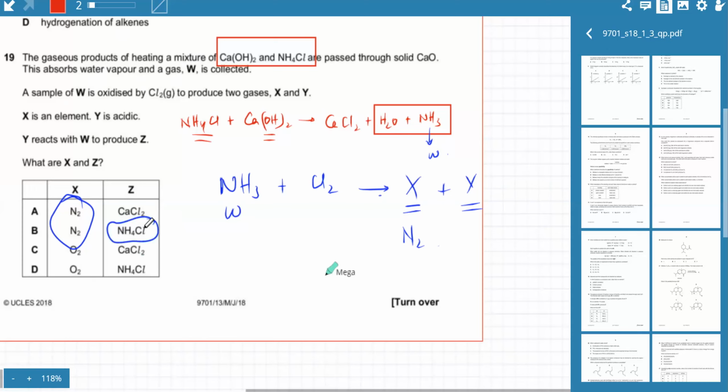I mean, that's the only thing that's possible because you can't get calcium from anywhere. So we would have to check the answer for this. My hunch is it's B because W is definitely NH3 gas. It's the only gas other than the water vapor that's getting produced. Does anyone have an answer for this in the marking scheme?